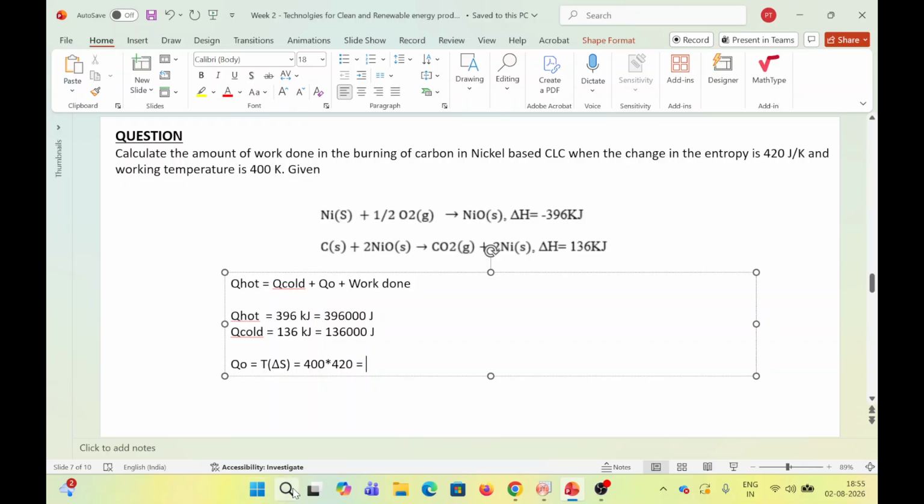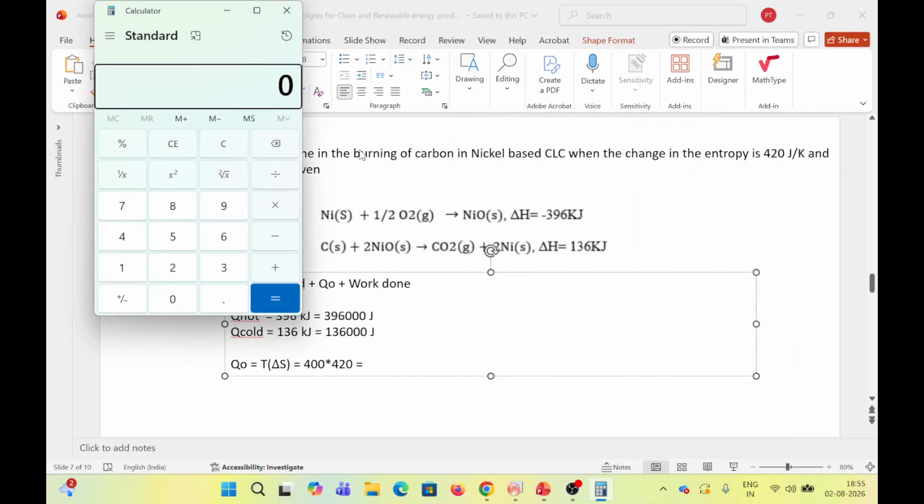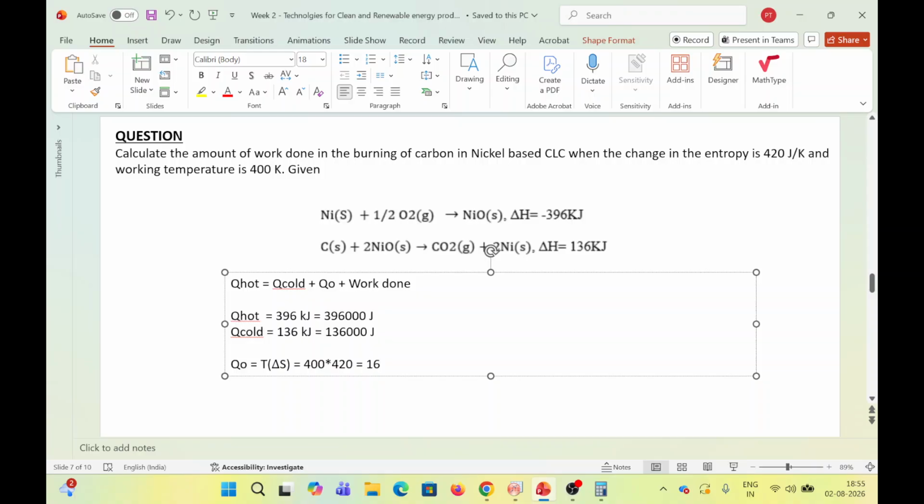So 400 times 420 is 168,000 joules. So if you plug all these values into the equation, then work done will be